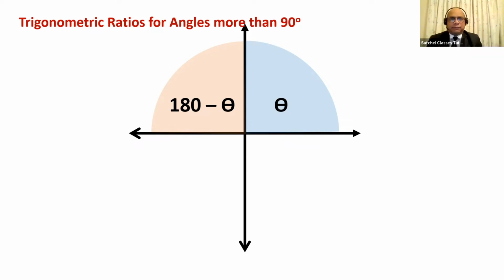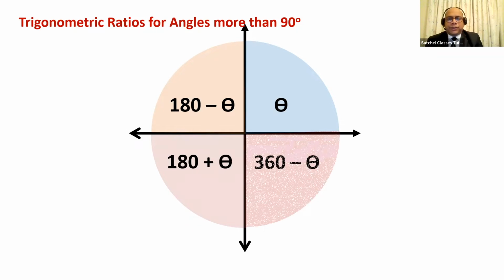Remember, it is theta short of 180. In the third quadrant, the angle will always be in the form 180 plus theta. And in the fourth quadrant, the angle will be in the form 360 minus theta, because it is theta short of 360, right? In the first quadrant, both sine and cos will be positive, because both the x coordinate and y coordinate of any